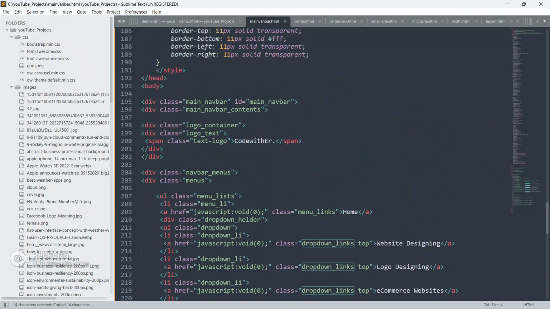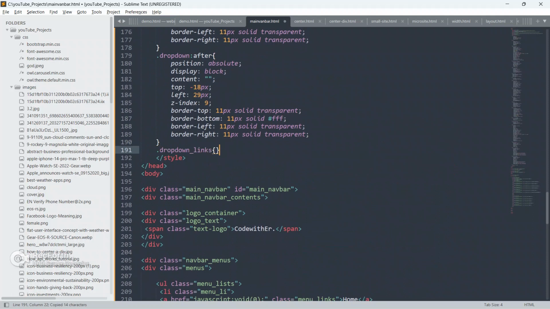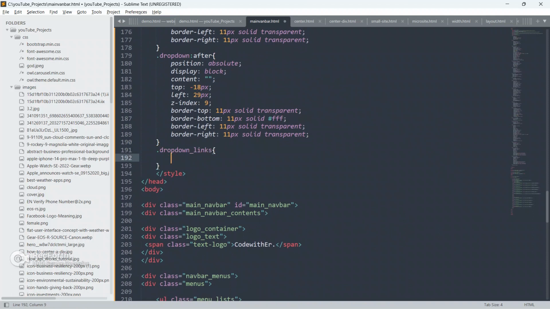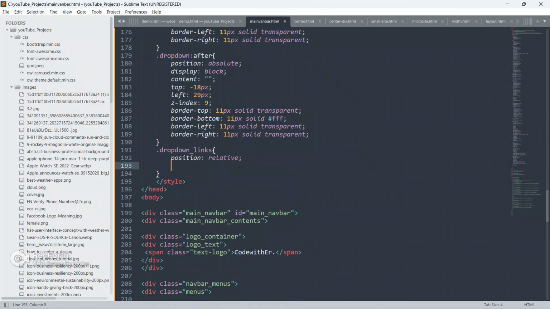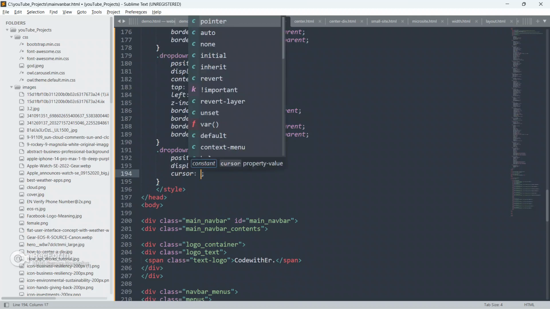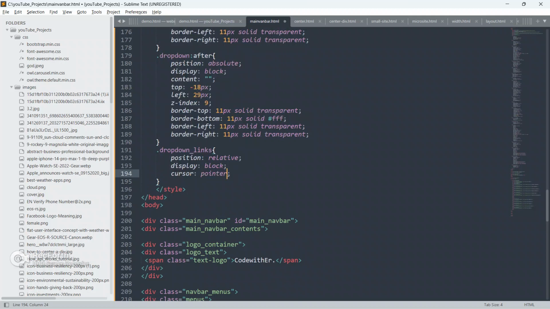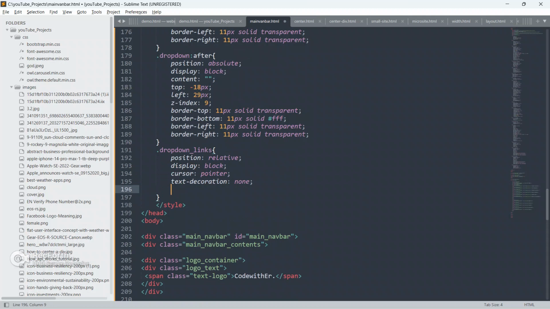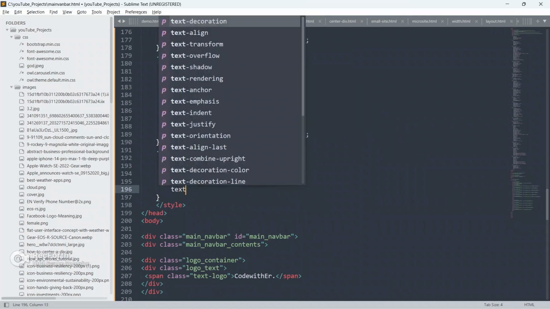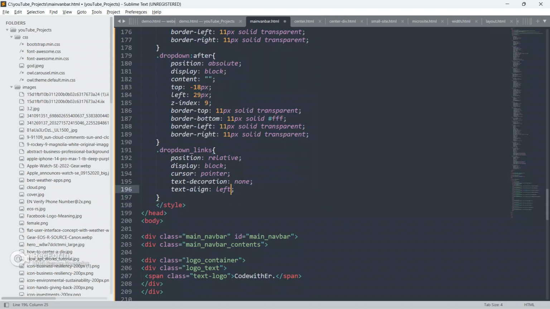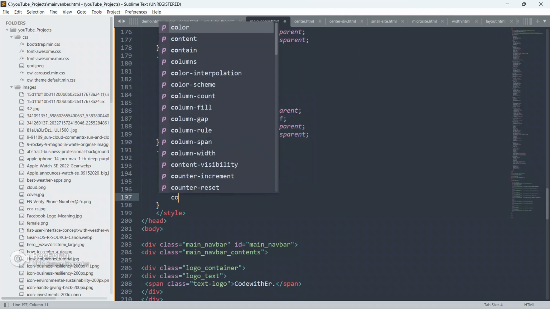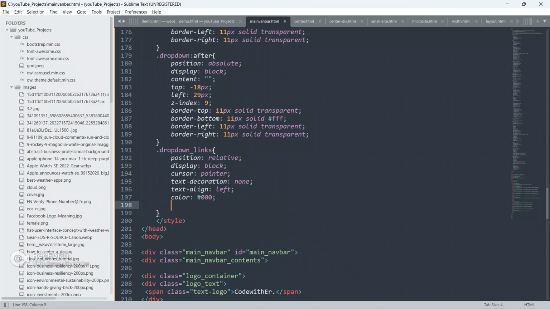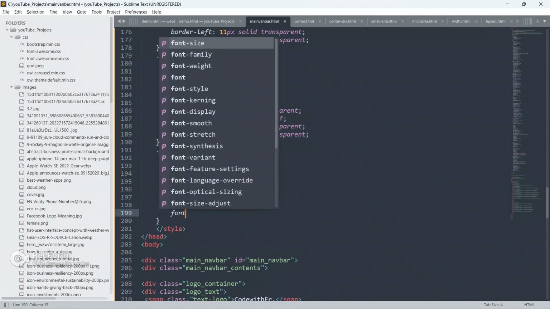Now we are going to target this drop down link. It is a class, paste it here. So give position as relative, display as block, cursor as pointer, text decoration as none, give text align as left, give color as black,